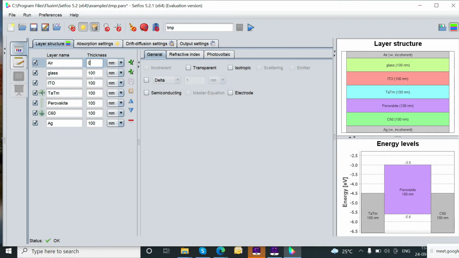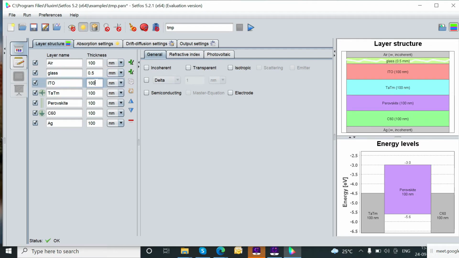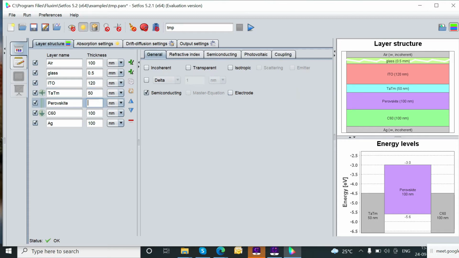Now I have activated two modules. Now I would like to define this whole transport layer as an electrode type. So I will checkbox this electrode. Similarly for C60, I would like to define it as an electrode. And this perovskite layer I would like to use as a semiconducting layer. So that's why you can see here, this is the top electrode, C60 is the bottom electrode, and this is the perovskite semiconducting layer. Now we will define the electrode parameters and semiconducting material parameters as well.